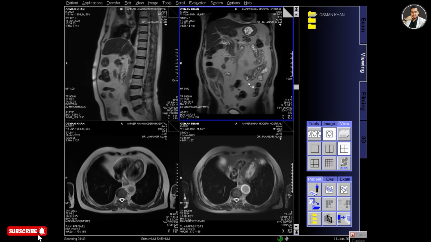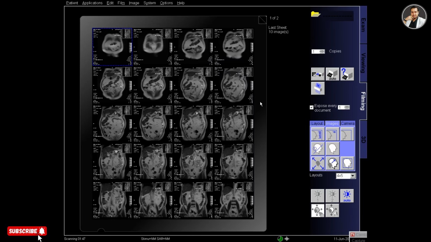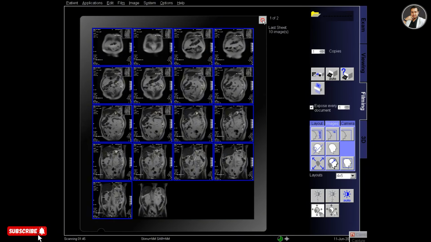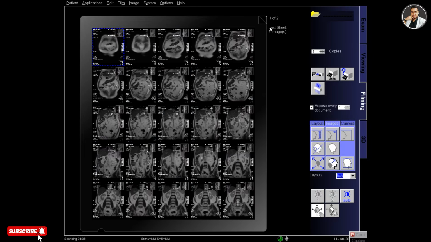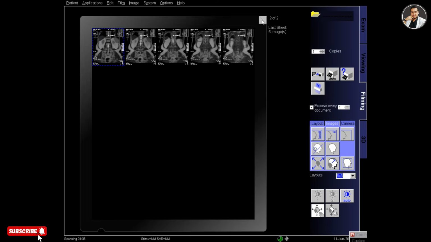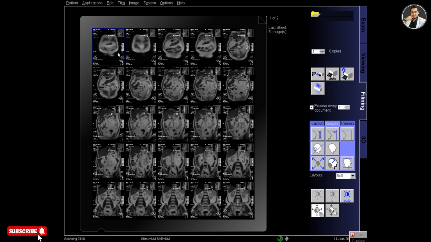Select the coronal image and send it to the filming, and go to filming and select the layout 5x5 so that 25 images fit in the film, and there are 5 extra images.